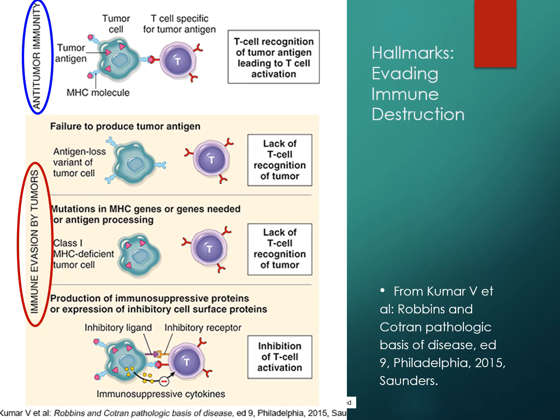So certain types of cancers are going to act differently. If there's nothing to present, then there's nothing to flag the T cell that you've got a problem here and you should attach to this. It's not going to recognize it. In this section, maybe something else is missing, a certain type of MHC. The presenting portion is not there, it's inactivated. Well, if I can't present a piece of this on the cell surface, it doesn't trigger the T cell to respond because it can't see inside the cell. It doesn't work that way. So my cytotoxic T cell doesn't see that there's anything wrong with this cell, so it leaves it alone.